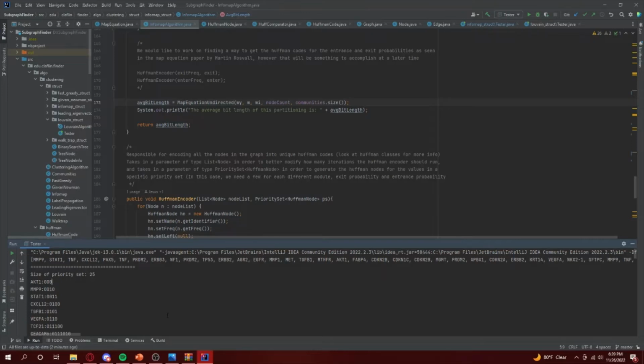And we'd like to run the map equation on each and every single one of those iterations to find out which one would result in the best or the smallest per step description length. Since that was kind of unfeasible to get done with the time we had, considering all the other stuff we needed to get done beforehand, I think it'd be best if we can have future groups work on that, get that done,